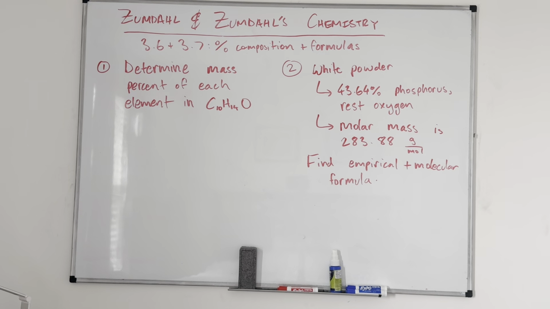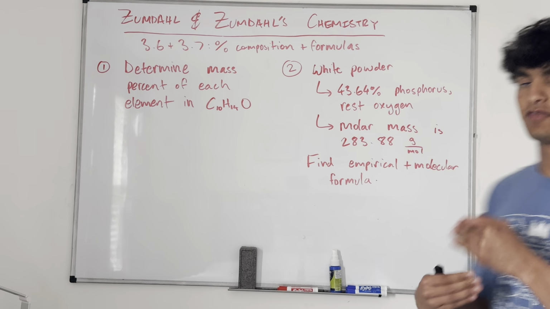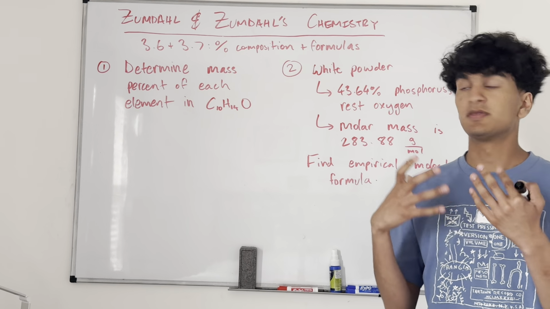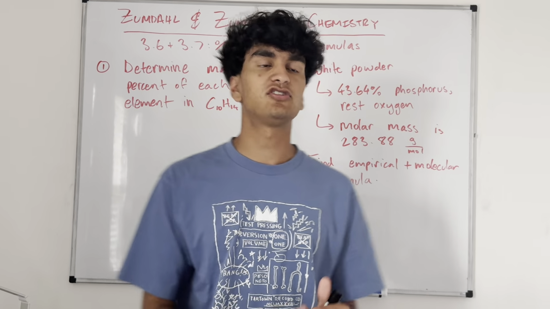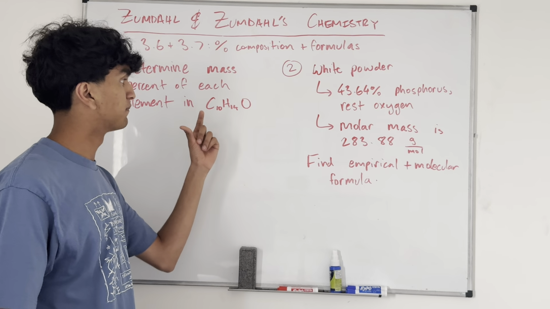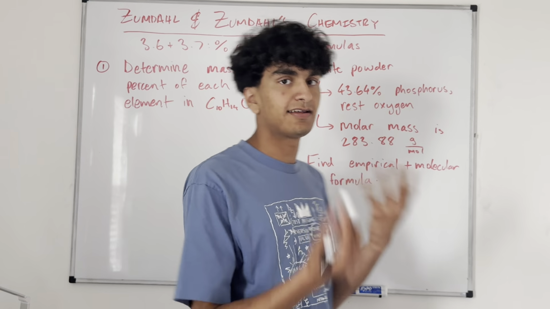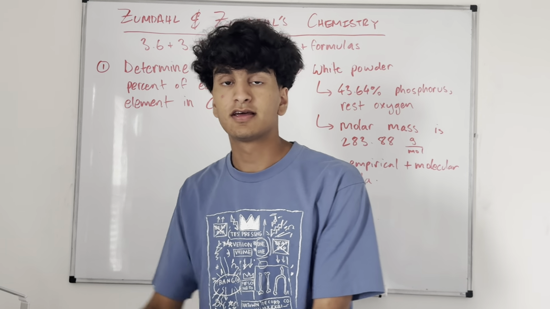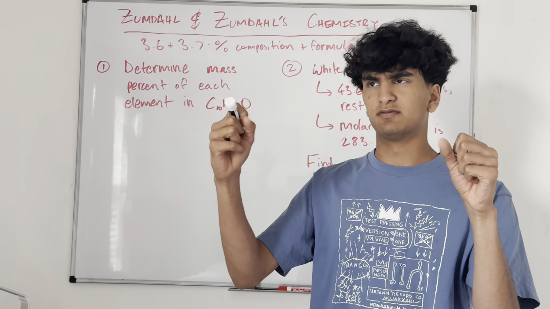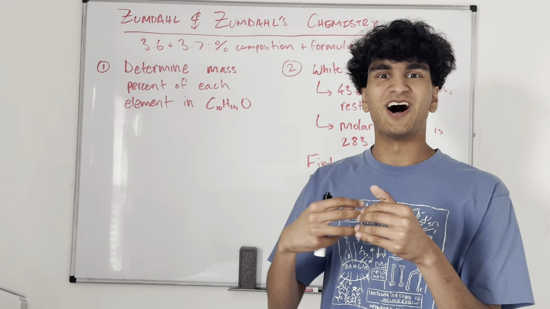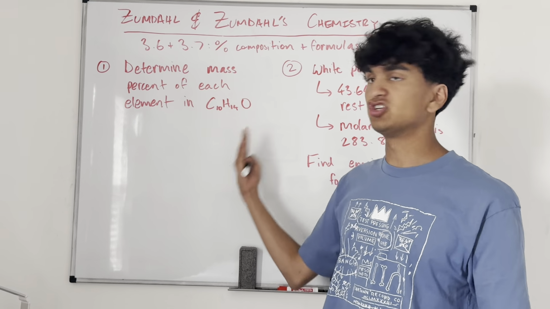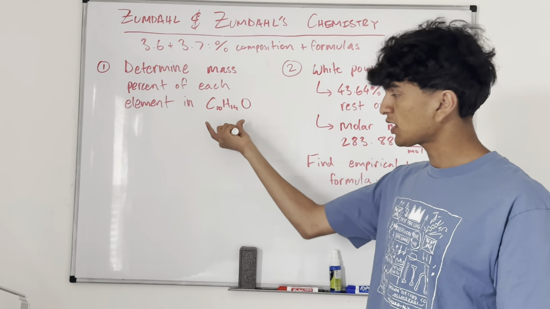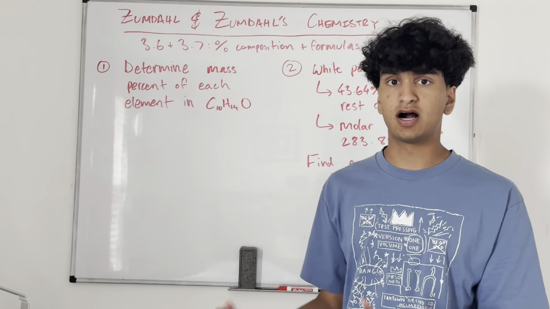Last video we talked about molar mass, and we're going to further that idea by talking about percent composition. This idea of percent composition is you could have some sort of compound, and you could ask, what percent by mass are the different elements, or what's the mass percent of each element? If you have carbon, the mass of carbon in this compound, what percent does it make up of